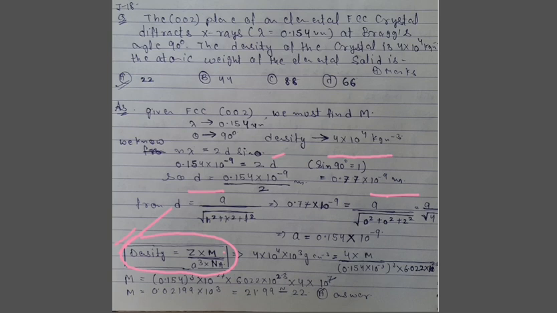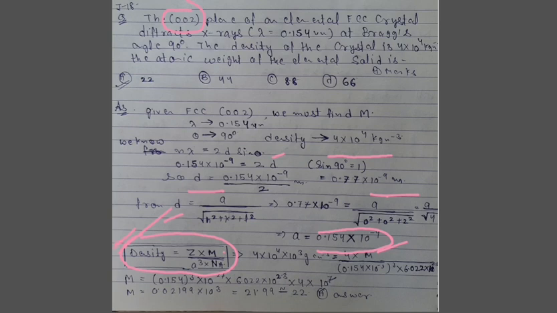And as you know the formula of interplanar distance, that is d is equal to a upon under root h square plus k square plus l square. So put all the values in this formula. The value of d we get is 0.77 into 10 power minus 9, a we should find, and the value of HKL is 002 as you see in your question, okay. So here the value of a after calculation you get is 0.154 into 10 power minus 9 meter.